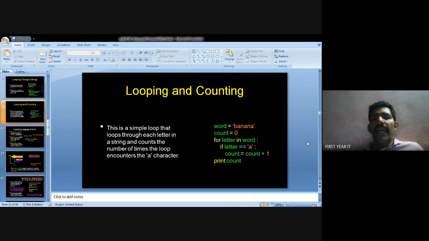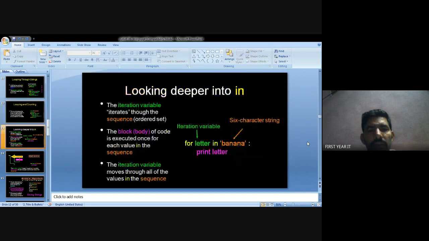So the count value is already 1, and 1 plus 1 means 2. The count value is 2. So in this statement, 3 times it is executed true and 3 times executed false. So count equal to count plus 1. Okay, this represents looping and counting of strings. So another example.